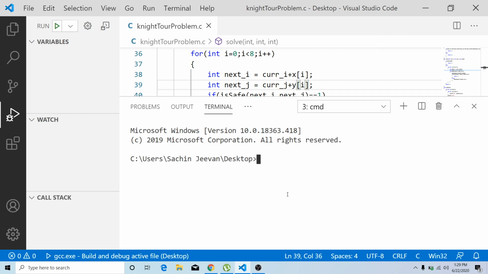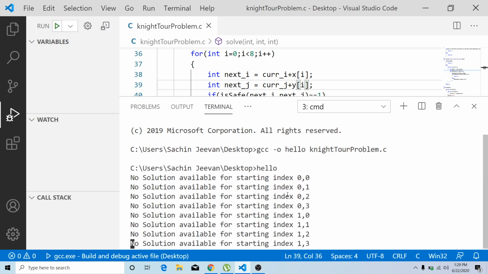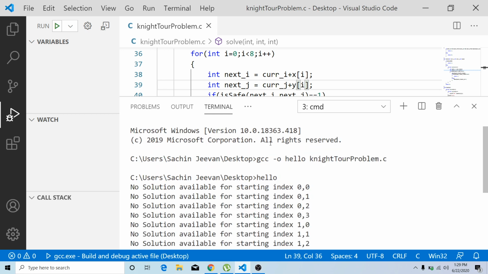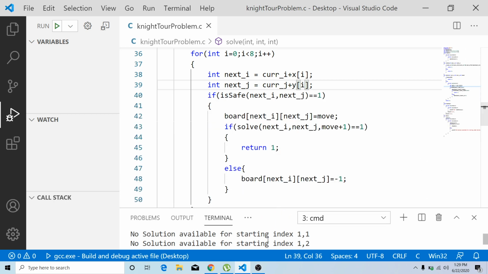So it is in the desktop, so let me just go for compilation. Hello, and the problem is knight's tour problem, so I'll just go for execution. Okay, fine. So only the no solution part is getting printed. Okay, so we'll check where we have missed out things.